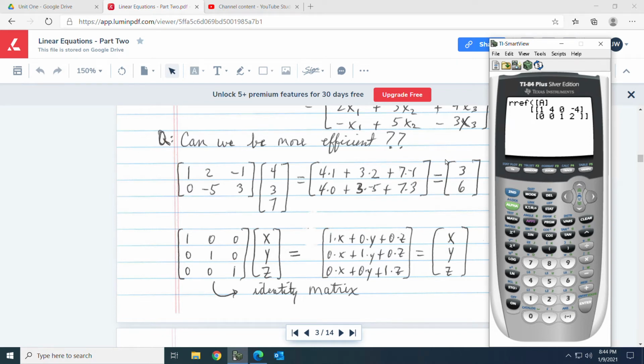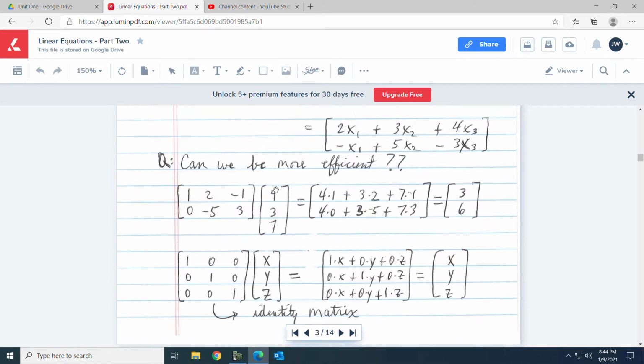Hey guys, as in the last video, I promised to show you an example of how to do matrix multiplication. Let's just do this one that was underneath that last slide from the previous video. Can we be more efficient? Now what we did earlier in that video